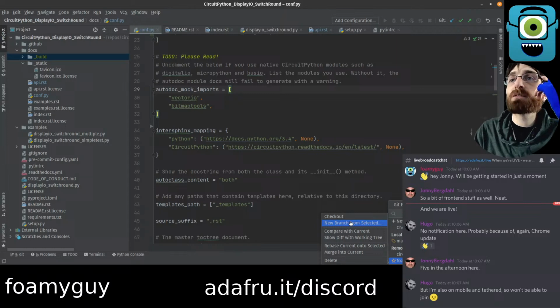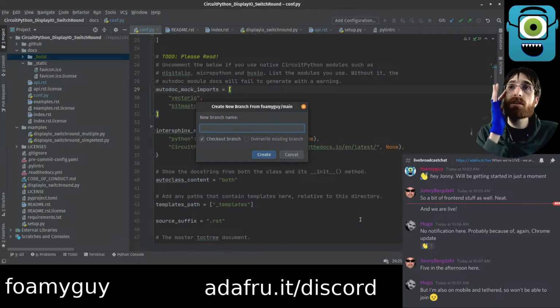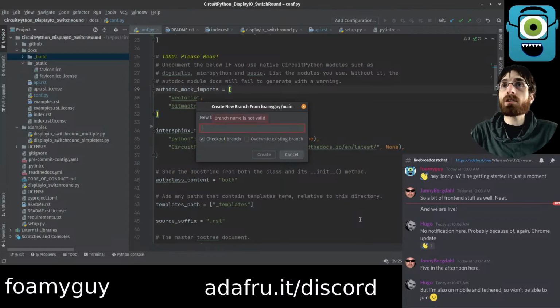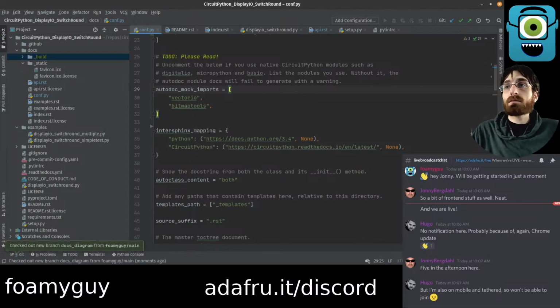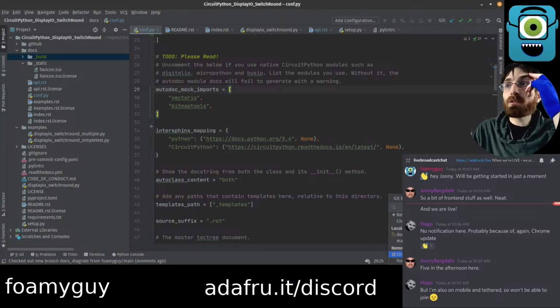Do I want a new branch? Maybe, I think I do want a new branch, actually. New branch name is update docs, or I'll be more specific, docs diagram. Create. So now we have docs diagram, which is